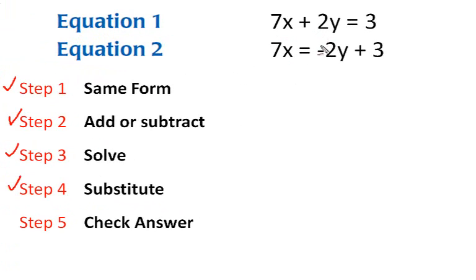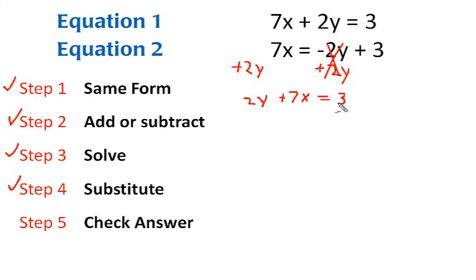We see the top one is in standard form, this bottom one isn't. So I'm going to go ahead and add 2y to both sides so I can get x and y on this side. I'm going to add 2y, both sides. Okay, if I rewrite this now, this is going to cancel out. I'm going to have 2y plus 7x